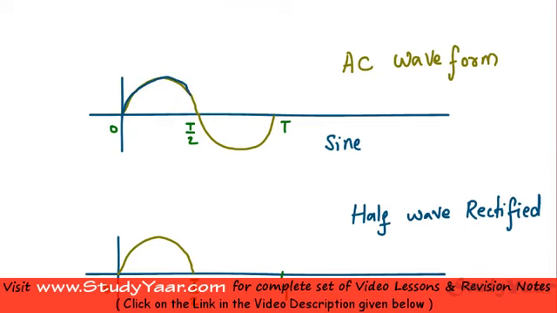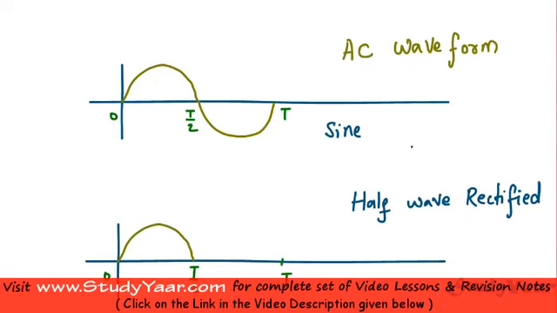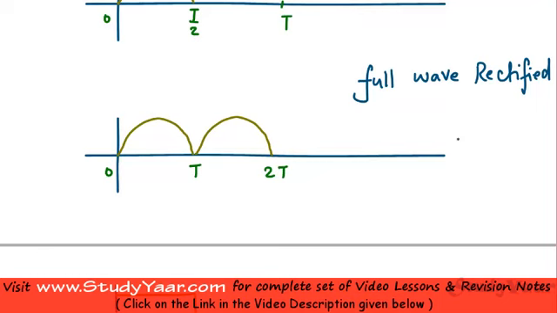So if this is your original sine wave from which you are getting a full wave rectified sine wave, then its time period is simply going to be T by 2. Over here this is your time period for the full wave rectified sine wave, which is half of this, right? In general you are always going to see periodic waves. So this full wave rectified sine wave is also periodic in nature. It's going to go on forever.